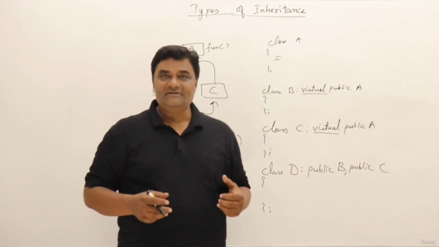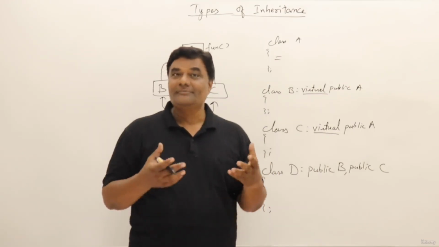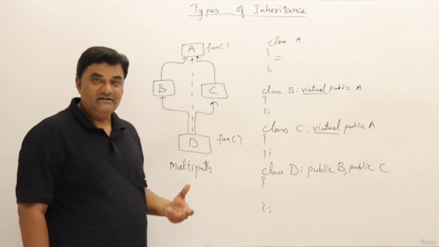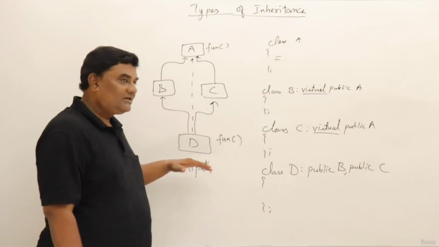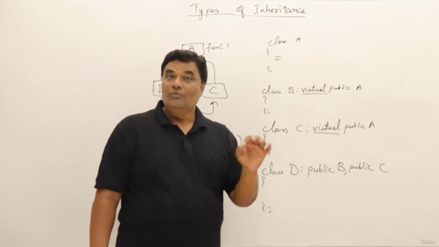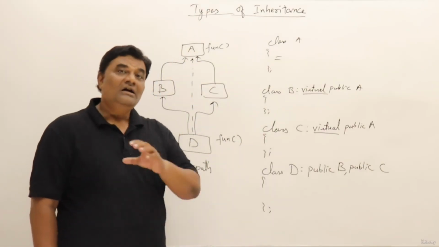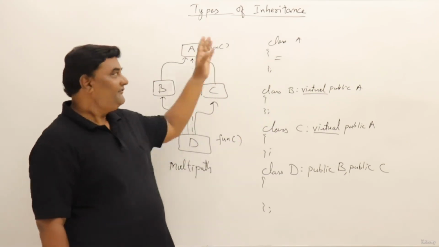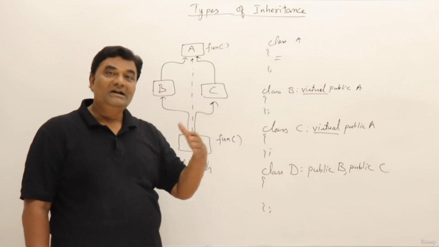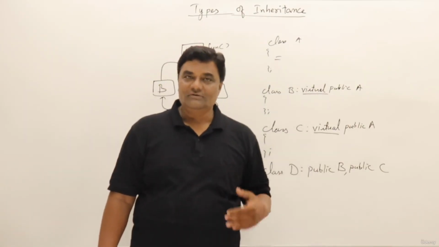Basically, from the C++ compiler we have limited built-in classes available. If you are developing your own C++ classes for your project, and you organize them in a hierarchy, inheriting them from one another, then there may be a chance that you come across this type of situation. To avoid that, you can make the base classes virtual base classes. They are useful for removing the ambiguity of the features of the parent class in the derived class, which are coming via multiple paths. So that's it. I will write some code and show you how it works.